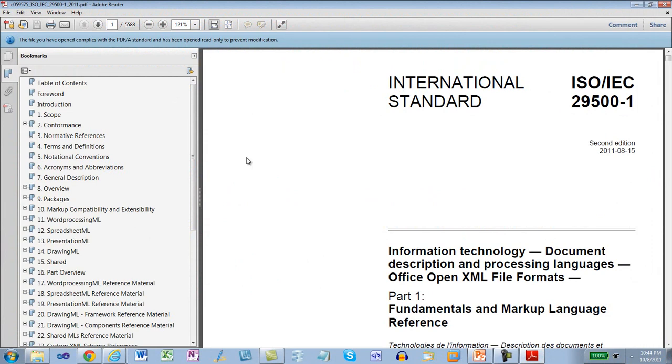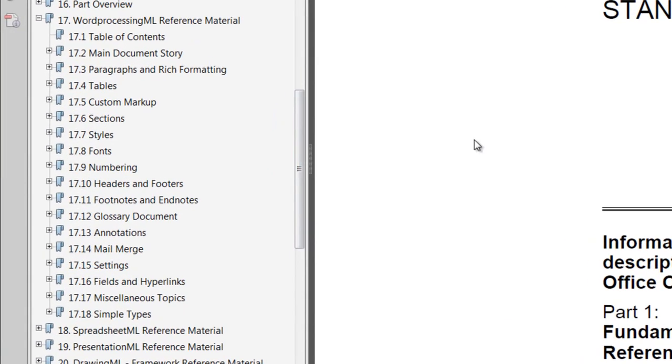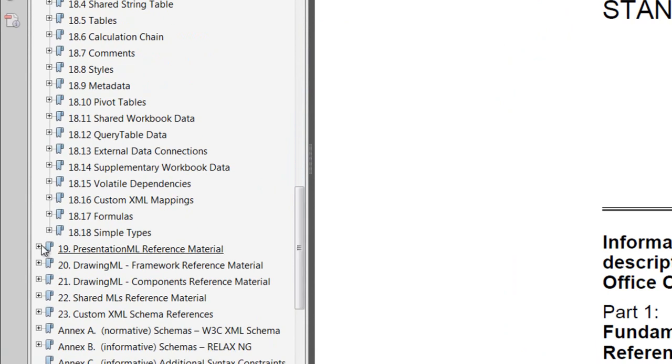Part 1 of the standard is arguably the most important part of the standard, in that this is the part that, as a developer, you're going to be spending most of your time in. I spend a lot of time in word processing ML reference material. I specialize a fair amount in word processing ML, although I certainly also spend time in spreadsheet ML and in